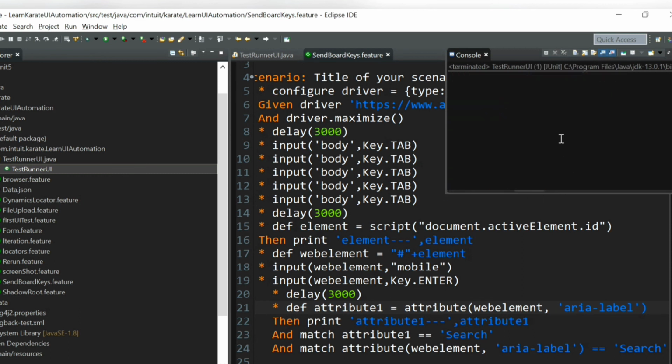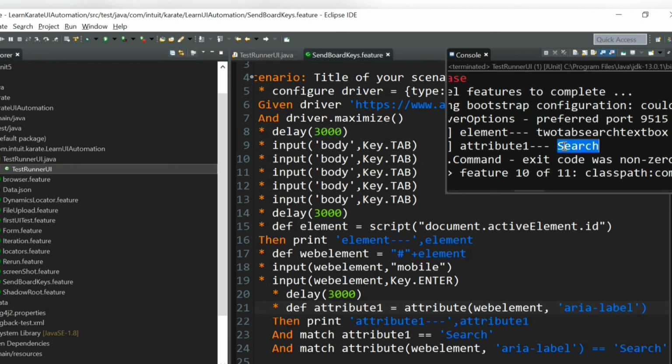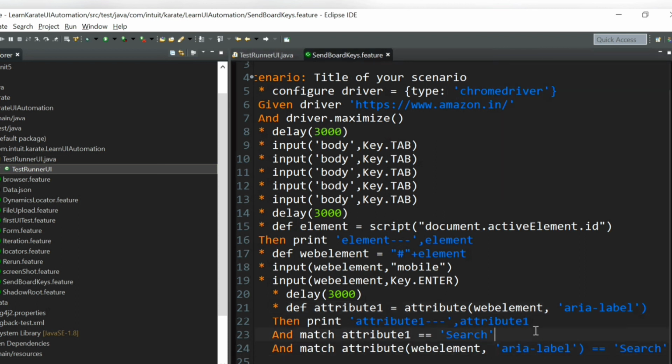Yes, the test is passed, and we can see attribute value was printed here, search, and we are asserting the value, right, in two different methods, and it has worked fine, right?